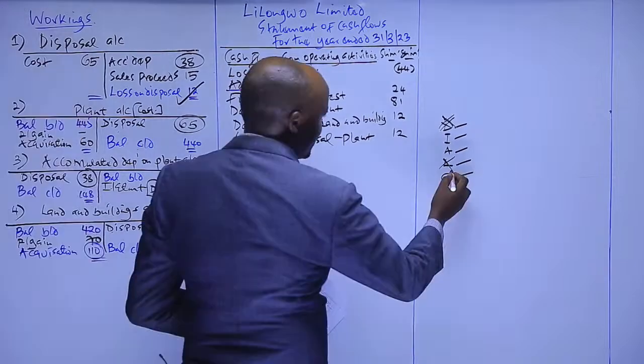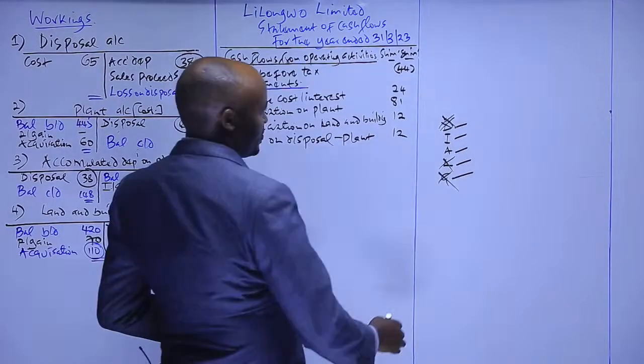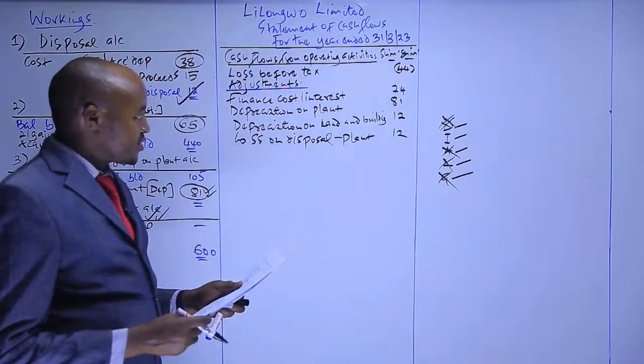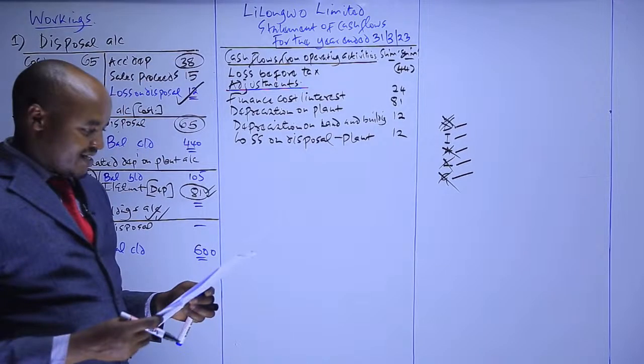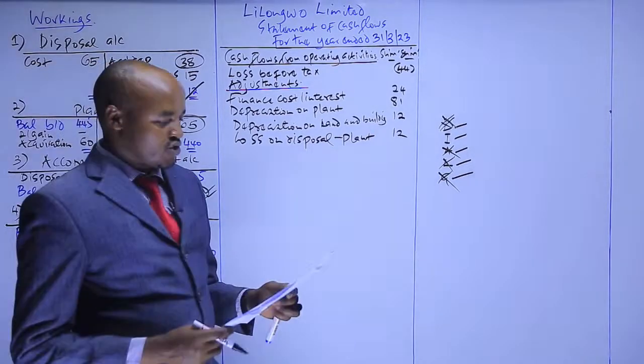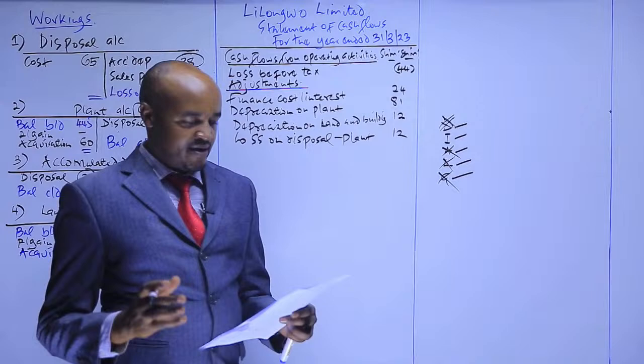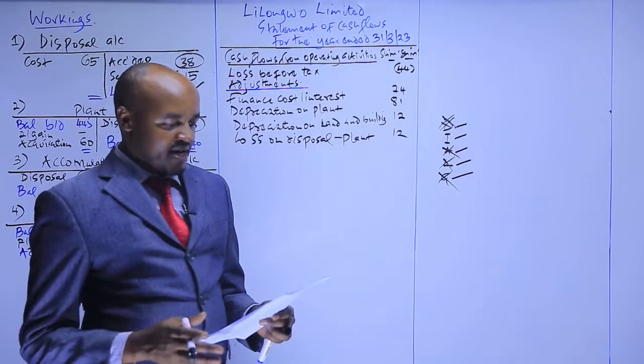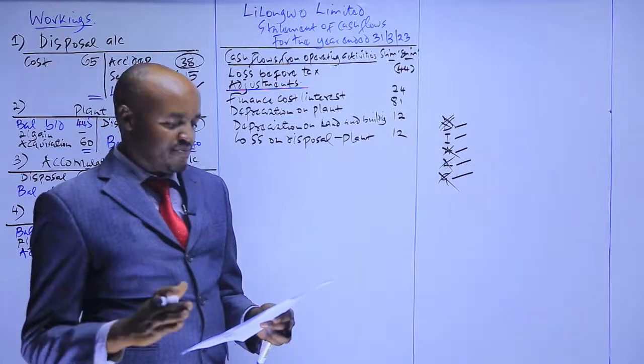So do we have gain on disposal? No. Do we have amortization of intangible asset? Yes. In this question, if we go back to the non-current assets in the statement of financial position, under the non-current assets you can see we have two assets, PPE, property, plant and equipment.